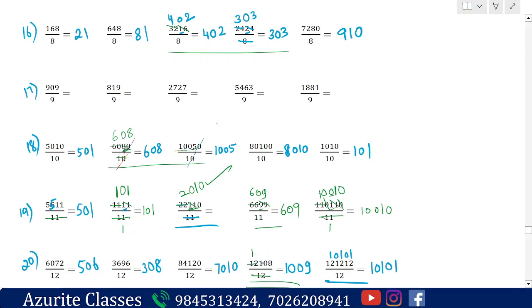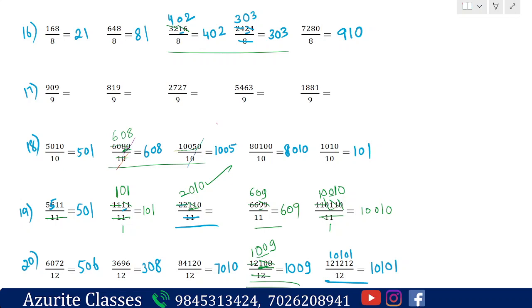So here 1 is smaller. So what do you have to take? 0s are 0. Next, if you take the next digit, it is 10 now. 10 is also smaller only. So once again what do you have to do? You have to give 0 here. Next, if you take 8, it will become 108. So now we can cancel that. 12 how many is 108? 12 nines are 108. Until it is bigger, we have to go on taking zeros here.